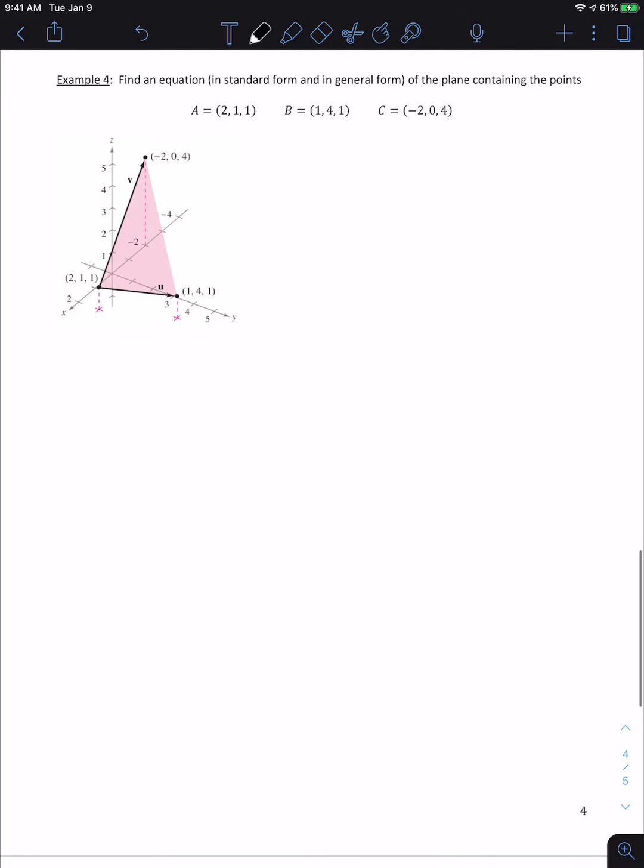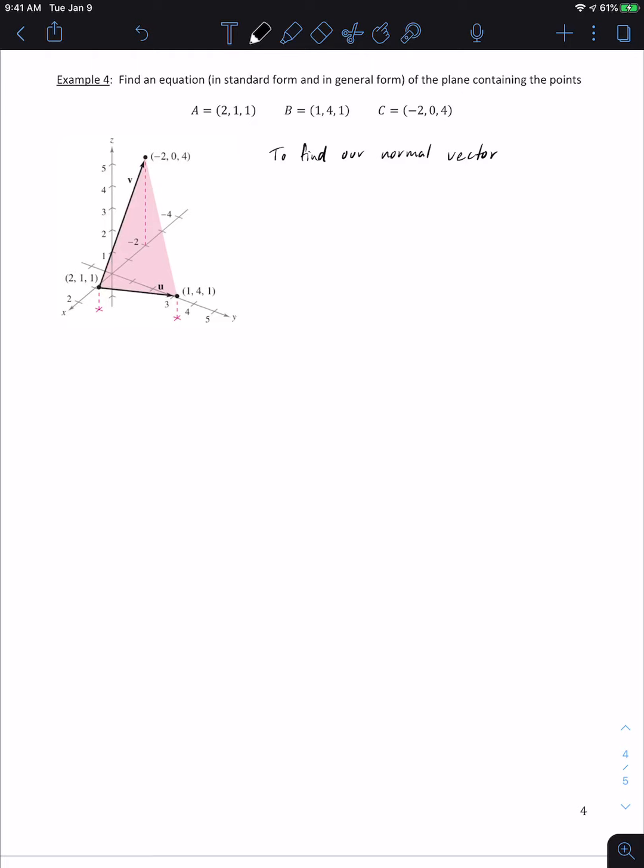All right, so now let's look at a little more interesting example. Let's find the equation of a plane in standard form and general form containing the points A, B, and C. So in order to write the equation of a plane, remember we need two things. We need a point and we need a normal vector. In this case, we're given 3 points but no normal vector. So to find our normal vector,